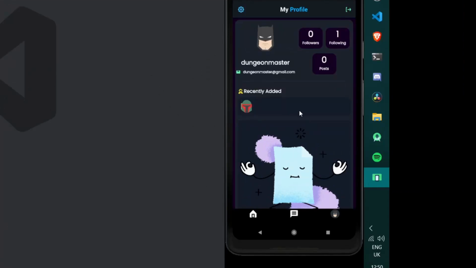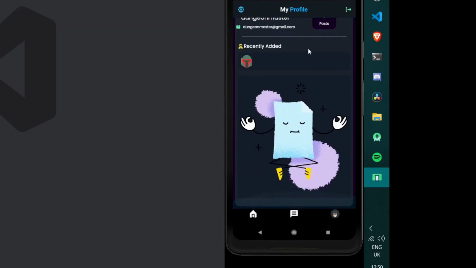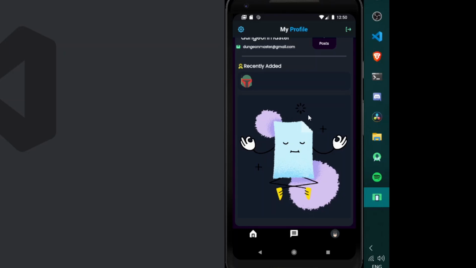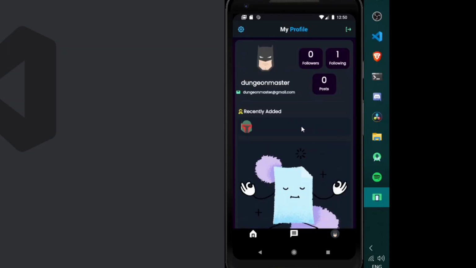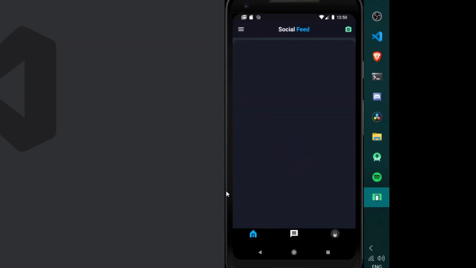We are going to attach all the posts of a particular user under his profile section. So for now you may observe I have my profile here of Dungeon Master, and here I have no post, so I am just indicating here a no post signal of the following image. So for now we shall be doing one thing, that is add all of the posts of the particular user under his profile section. And here under my feed, if you observe I have deleted all the posts which we had previously uploaded under our Cloudflare store.